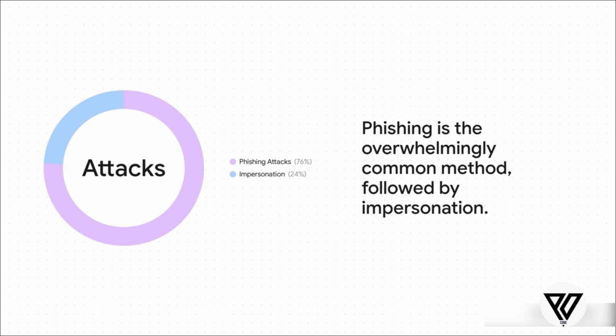So, how are these attackers getting in? What's their secret weapon? Well, the data is crystal clear. A whopping 81% of these breaches involve phishing. And why is that? It's because it's so much easier to trick a person than it is to break through a complex piece of code. They prey on our trust, they create a false sense of urgency, and just like that, they're in. It proves that the biggest vulnerability often isn't the technology, it's the people using it.